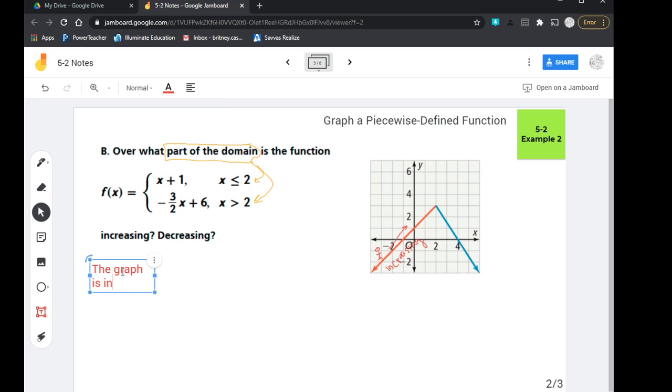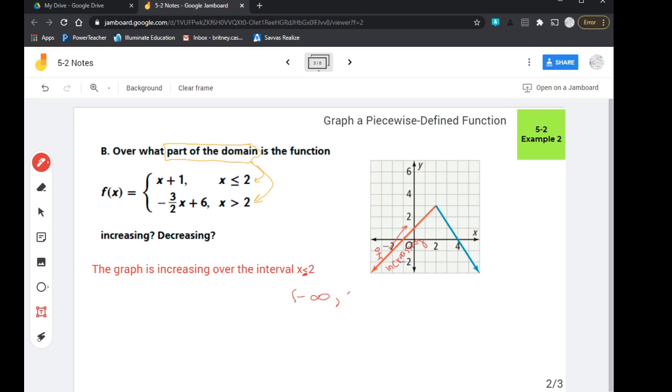The graph is increasing over the interval x is less than 2, and I don't know how to put the less than or equal to when I type, so I'm just going to put that little line in there like that. So there we go. Now another way they might show that interval is they might say it goes from negative